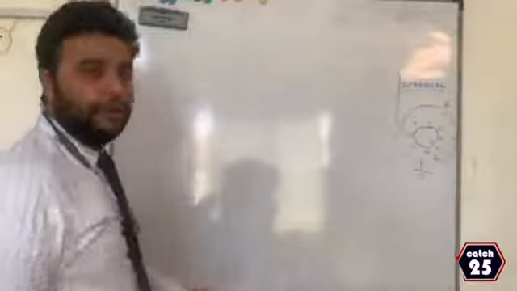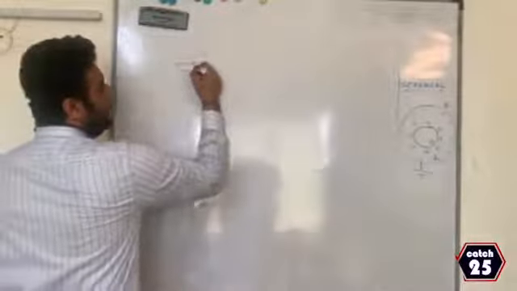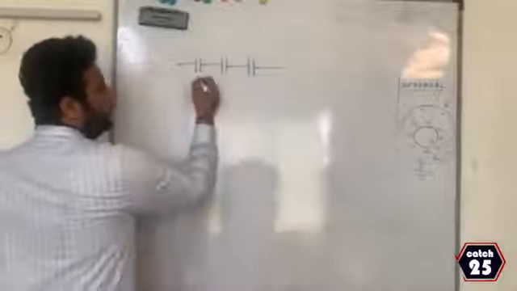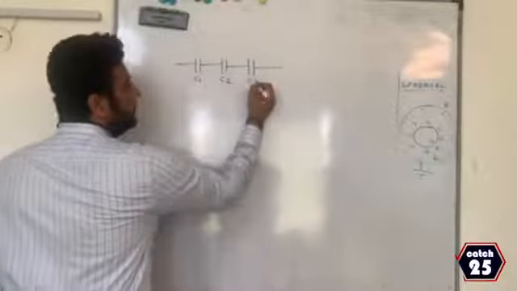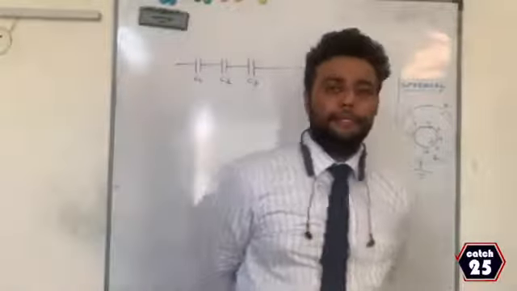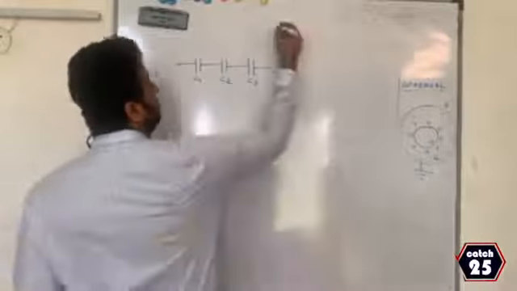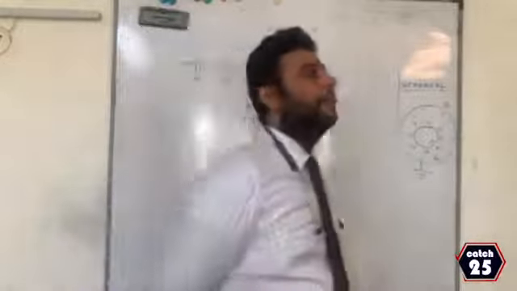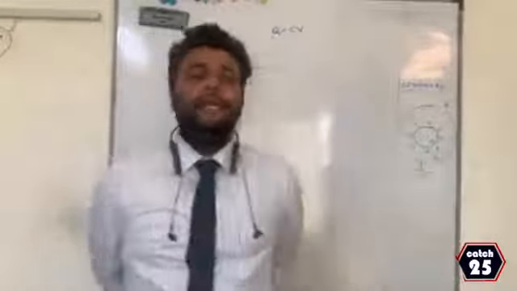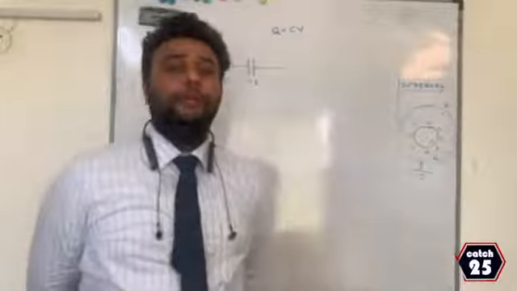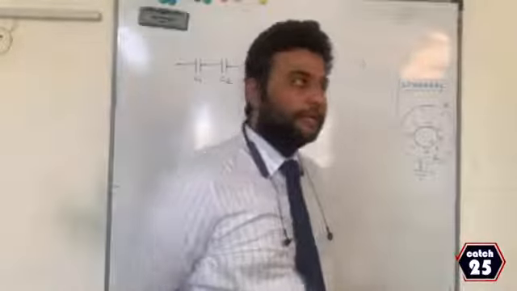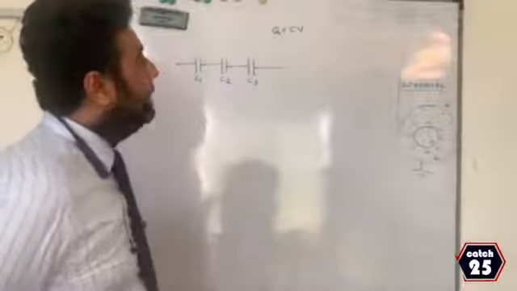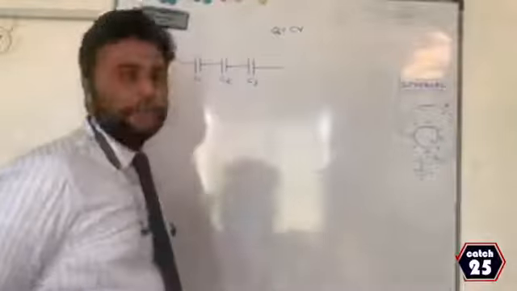When I do the derivation of capacitance in series, let me take three capacitors in series and let them be called C1, C2, C3. This is a series combination of three capacitors. And you know the main formula for capacitor? Main formula for capacitor is Q is equal to CV, the most fundamental formula for condenser or capacitor. Now in this derivation, let me call capacitor as condensers so that you get an idea that capacitors are also called condensers. So I have taken three condensers in series, C1, C2 and C3, and I have a charge that is the formula Q is equal to CV.